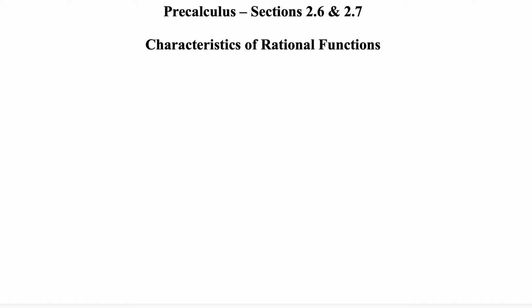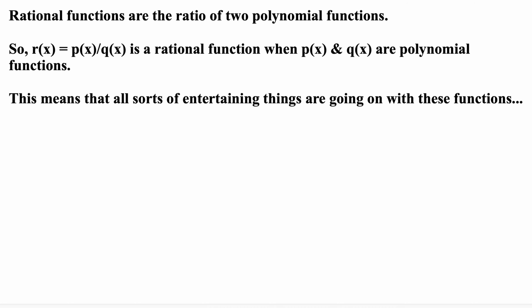Okay, so now we're going to talk about the characteristics of rational functions. The first thing we should do, though, is define what a rational function is. A rational function is the ratio, thus rational, of two polynomial functions. So r of x would equal p of x over q of x, where q of x and p of